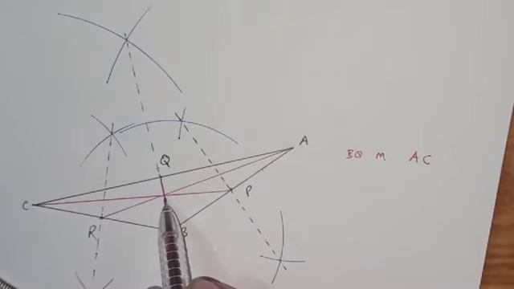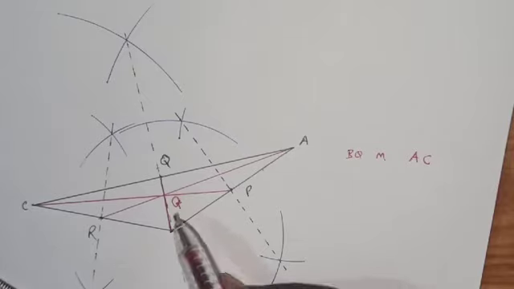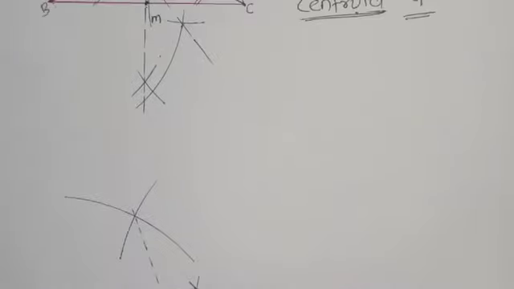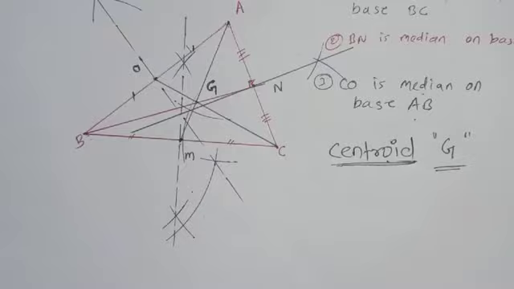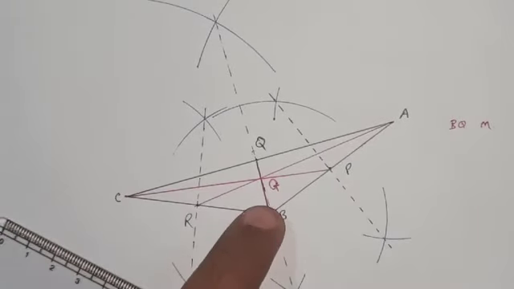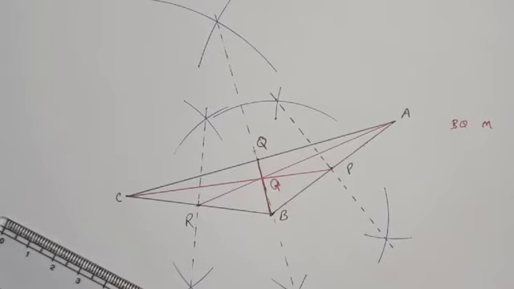And they all meet at one single point, let us name it point G. Now G is the centroid of this triangle. In an acute angle triangle the centroid is in the triangle, and in an obtuse angle triangle the centroid is also in the triangle, and if you draw a right angle triangle, the centroid will be inside the triangle. So the centroid is always inside the triangle, and the orthocenter is outside in the obtuse angled triangle.